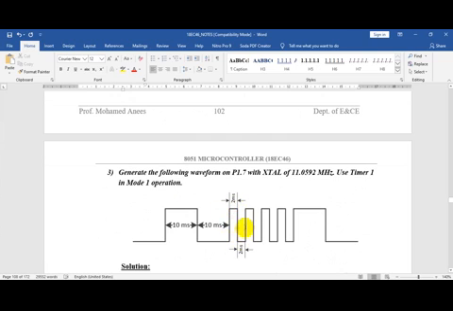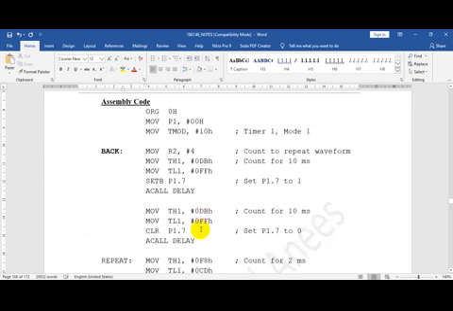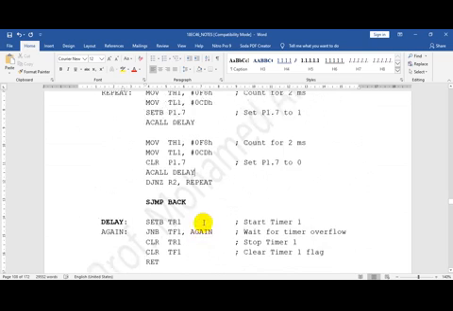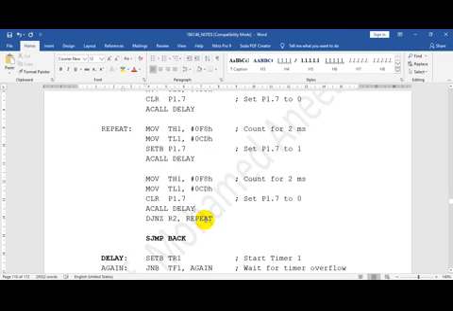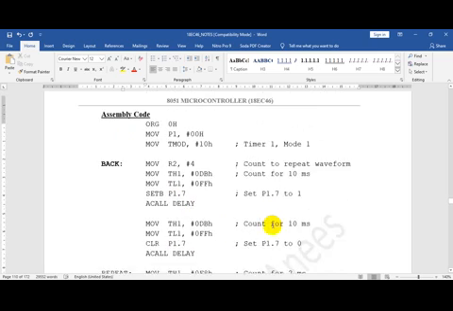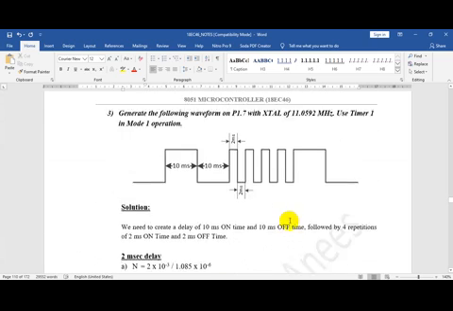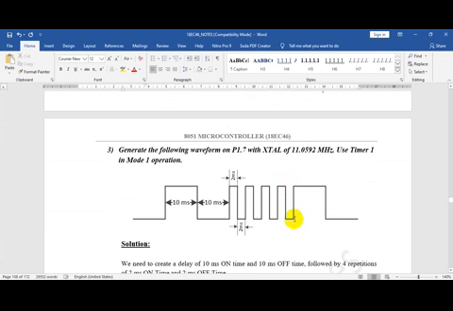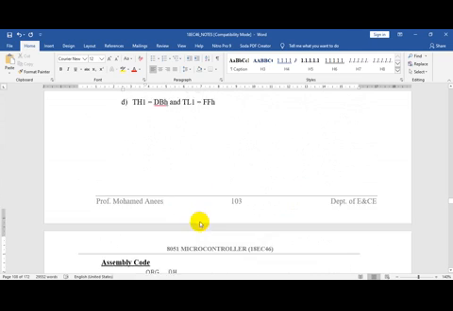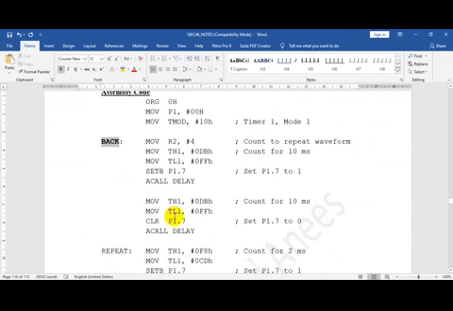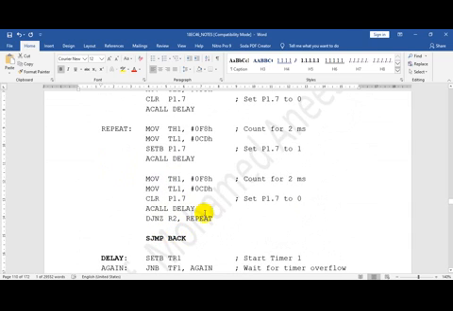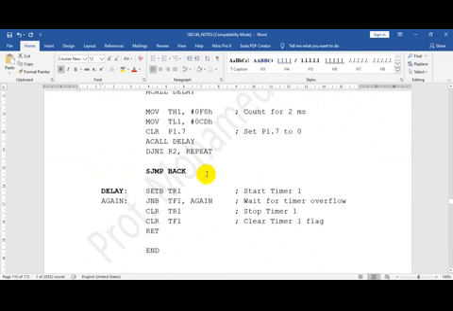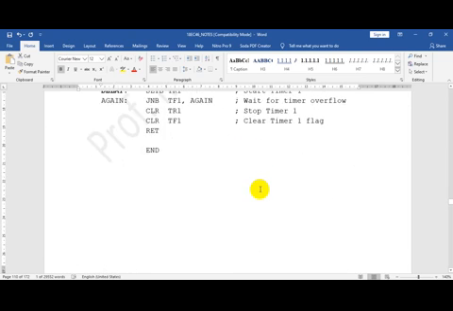Now this 2 millisecond delay has to be called 4 times. So that's why decrement and jump on non-zero to repeat. Once R2 becomes 0, you would have generated this entire waveform until here. Then the entire thing you repeat. SJMP back. This will generate the required waveform.